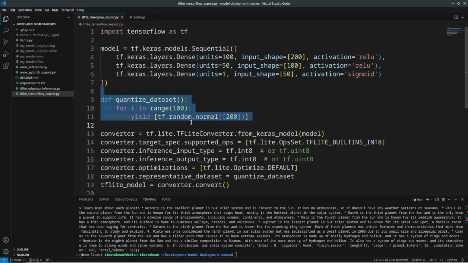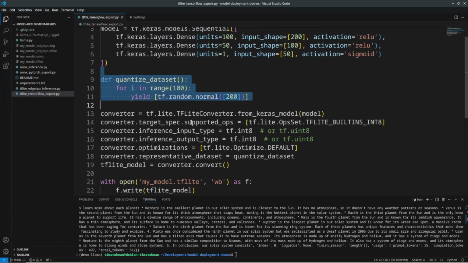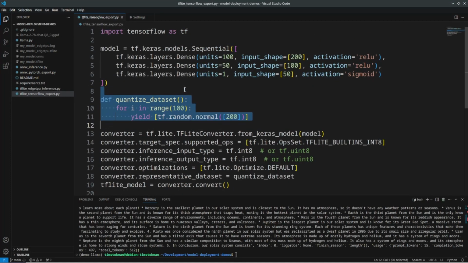It looks at your model execution. This time we're just randomly generating normal numbers, right? This is just an example, but typically what you have is a data set which you can iterate through and which can be used to quantize your model. So what we're going to do is we have this model defined here, just this time in TensorFlow, because we're